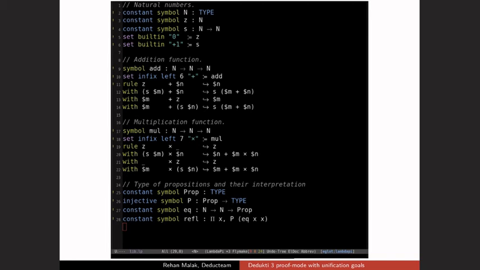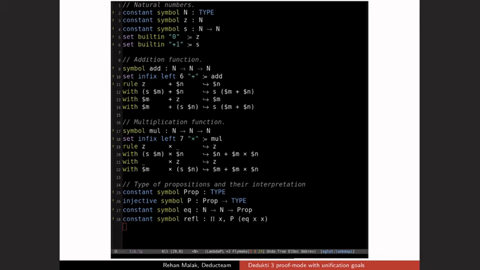Defining the addition shows already some specific characteristic of this framework because we define first a symbol for the addition. Only later, when you need it, as your formalization progresses, you add a collection of rewriting rules defining the values of the functions. The multiplication is done in the same way. And we have added at the end, necessary for the logical part, a type of propositions and an equality between natural numbers with the property that a natural number is equal to itself, which is called reflexivity.